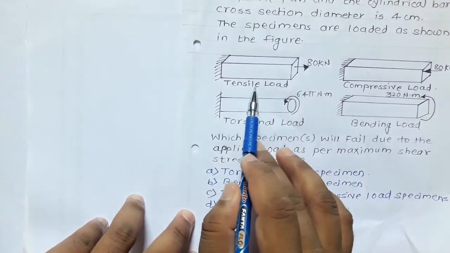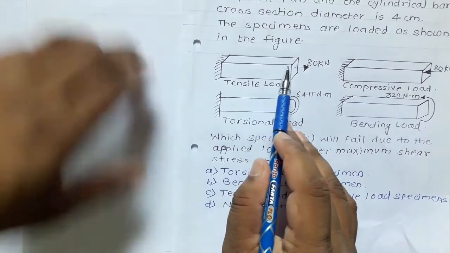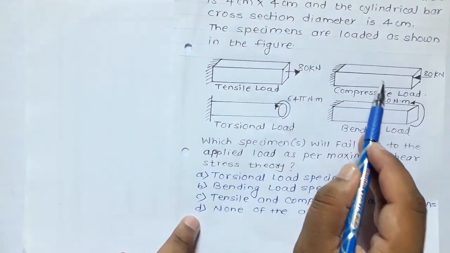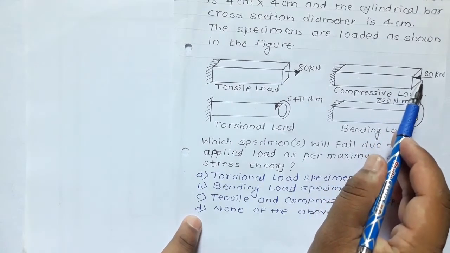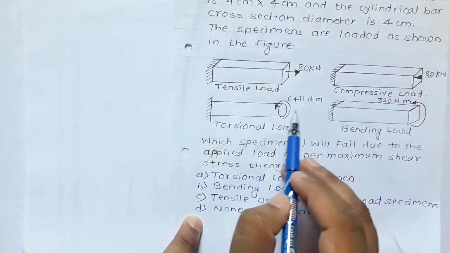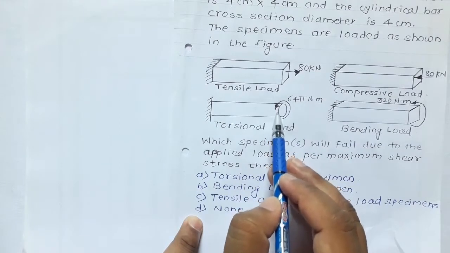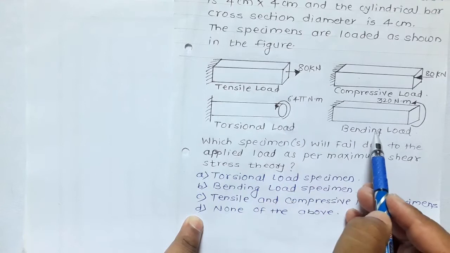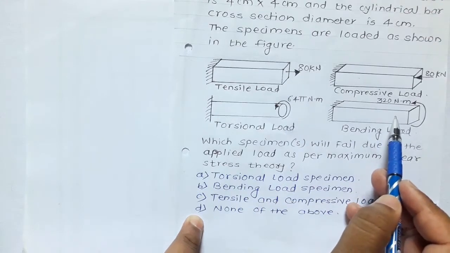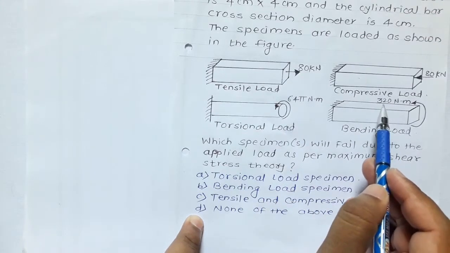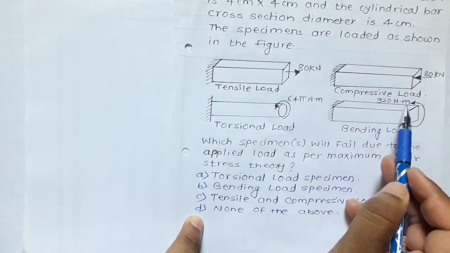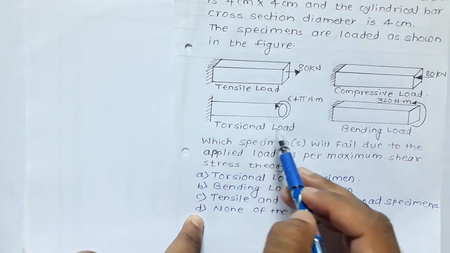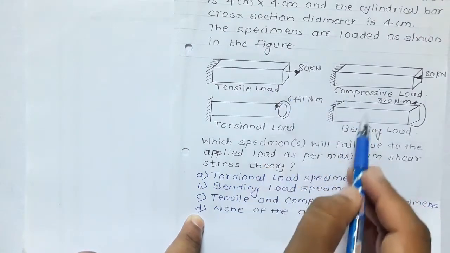So first is for tensile load. Specimen with square cross section is subjected to tensile load of 80 kN. Then the second specimen is subjected to compressive load of 80 kN. Next is the circular cross section specimen, which is subjected to torque of 64 pi Newton meter. And the last is the square cross section specimen, which is subjected to bending moment of 320 Newton meter. So these are the four specimens: tensile load, compressive load, torsional load and bending load are the loads in corresponding